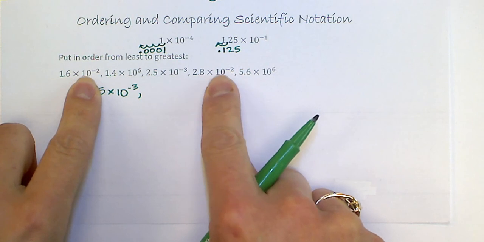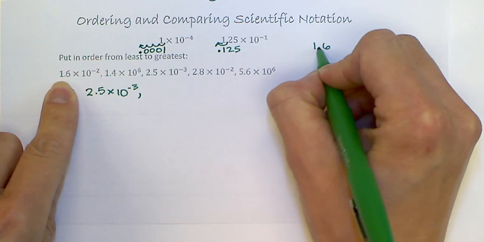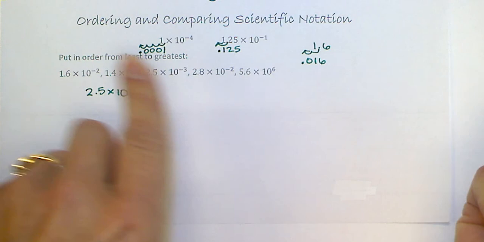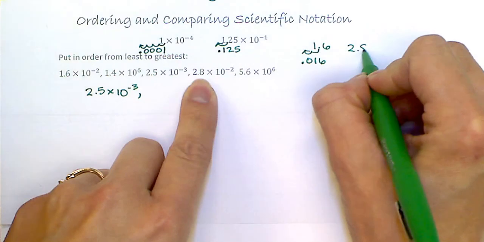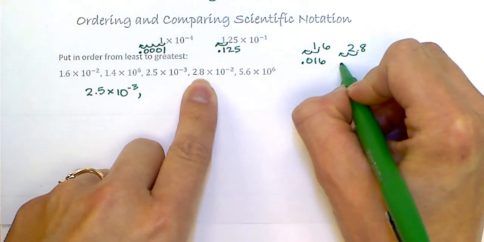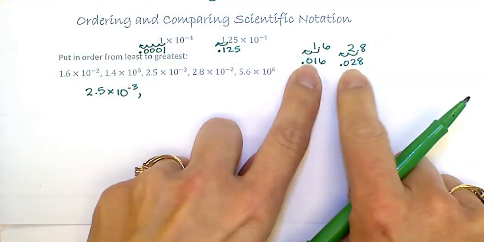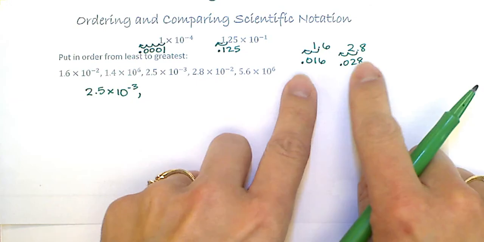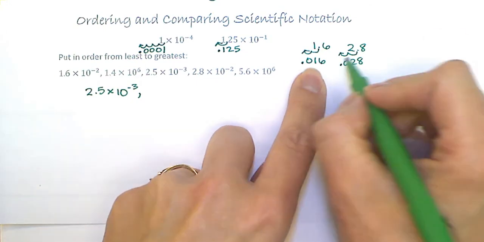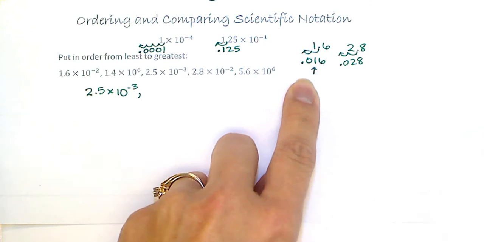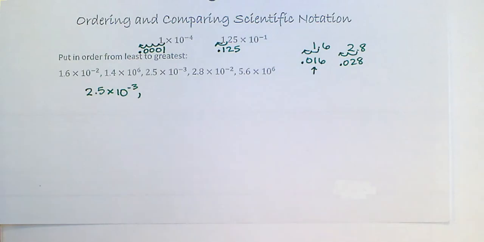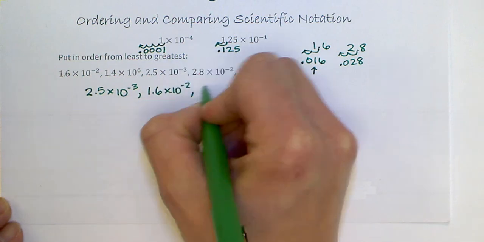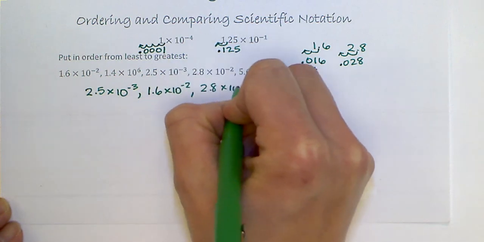Now, 1.6 to the negative 2 would be 0.016. 2.8 to the negative 2, 1, 2, would be 0.028. So now I've got to figure out which one is smaller because they both have the negative 2 exponent. So the smaller one is going to be this one right here, 1.6, because obviously 1.6 is smaller than 2.8. So then we put 1.6 times 10 to the negative second, 2.8 times 10 to the negative second,